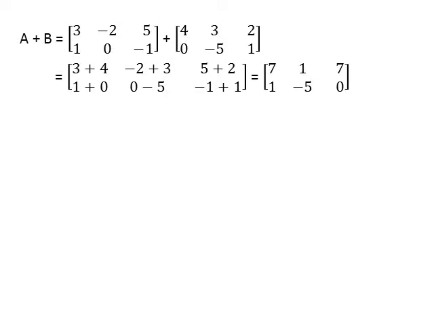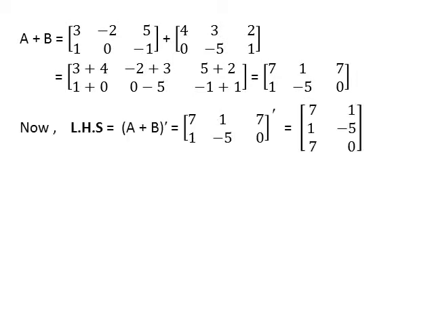To find A plus B, add the corresponding elements of A and B as shown. We get a matrix with elements 7, 1, 7 in first row, 1, minus 5 and 0 in second row. Now, take transpose of the matrix A plus B. Order of A plus B is 2 by 3. So, order of transpose of A plus B is 3 by 2. By interchanging the rows and columns of matrix A plus B, we get transpose of matrix A plus B as